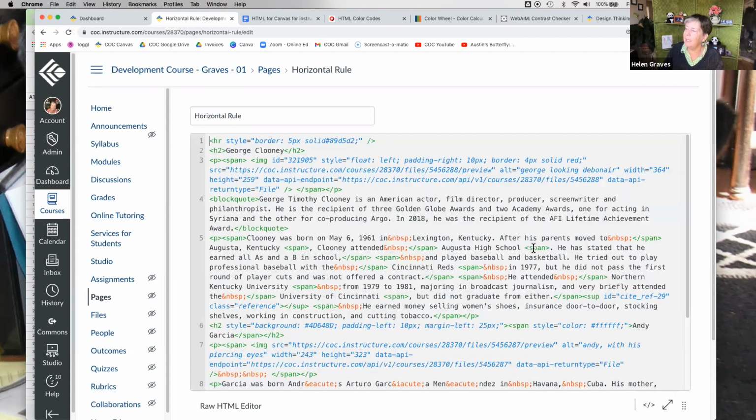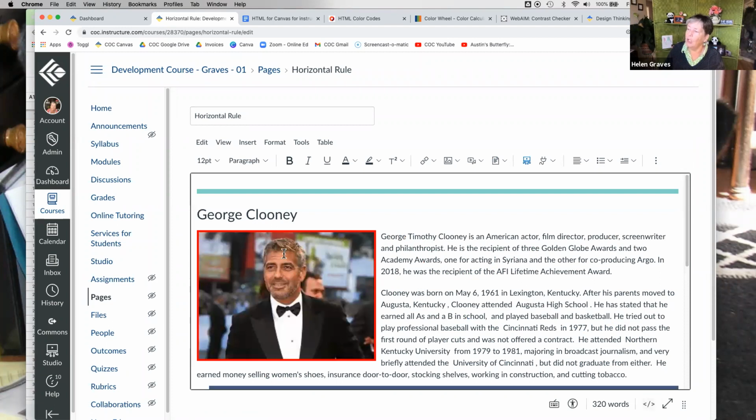So I would have to go in and adjust this so that instead of saying padding right, it says margin right. You only need to worry about that if you're putting a border around the image. If you saw when I didn't have the border, padding worked just fine. It was only when I got the border in there that it had that white space around the right side of the image. But that's where it pays to know the difference between padding and margin, because sometimes it makes a difference which command you're using.